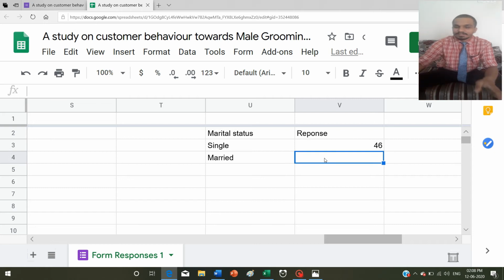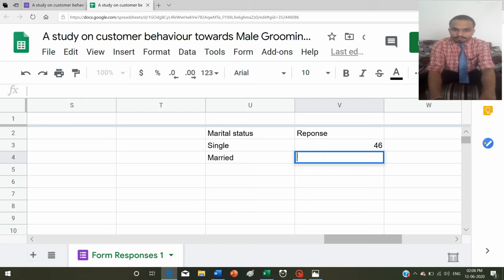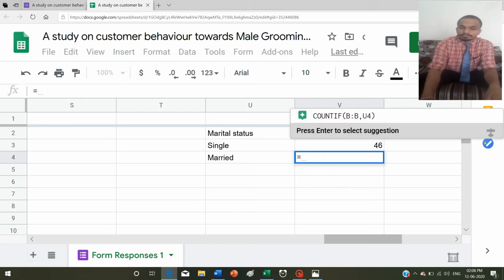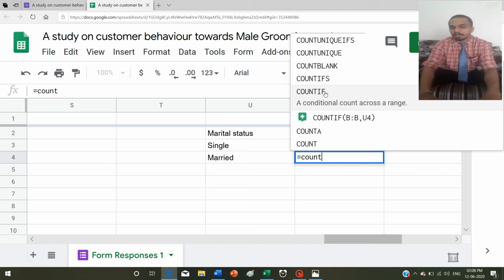If I wanted to know how many people were married from that 50, I will again put the formula. If I put the COUNTIF formula without the equal sign, it will not appear, so you must put the equal sign.